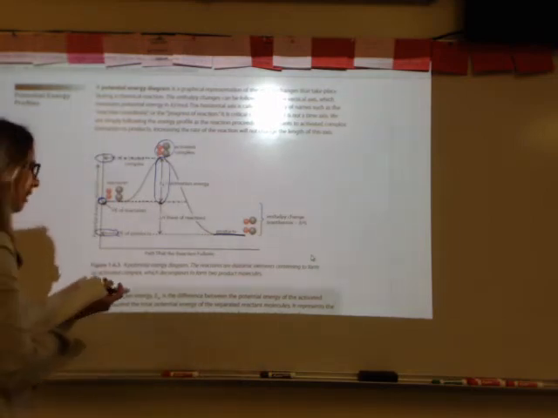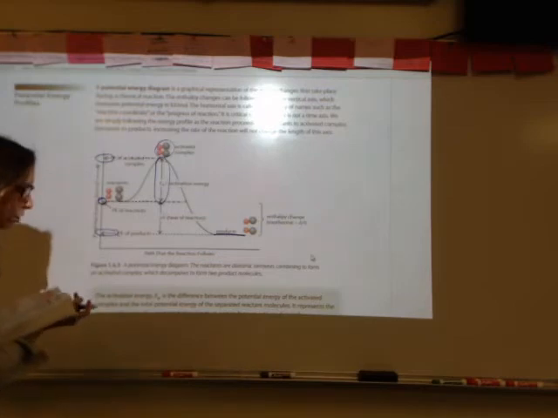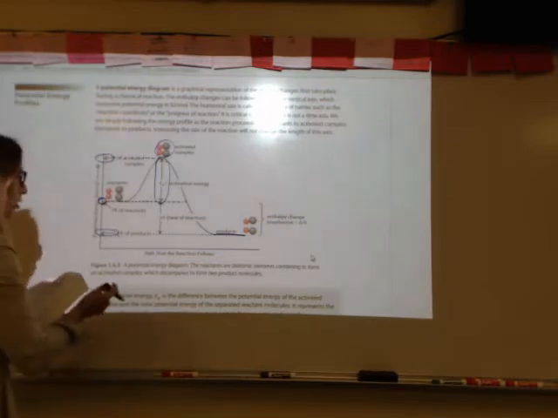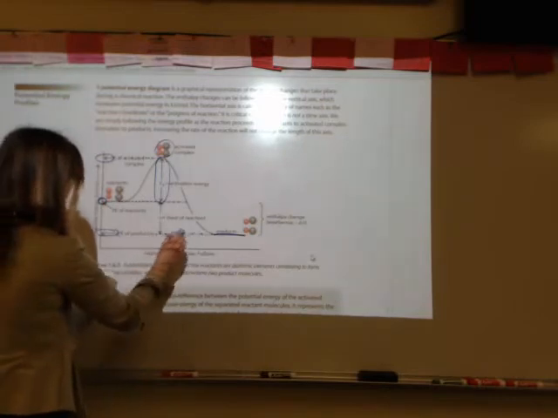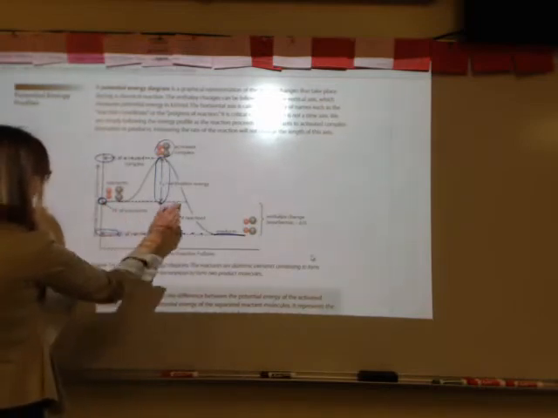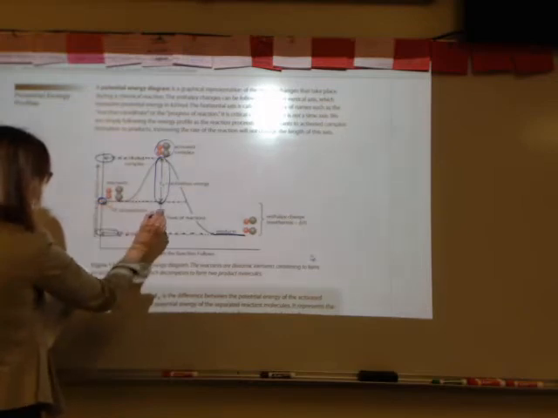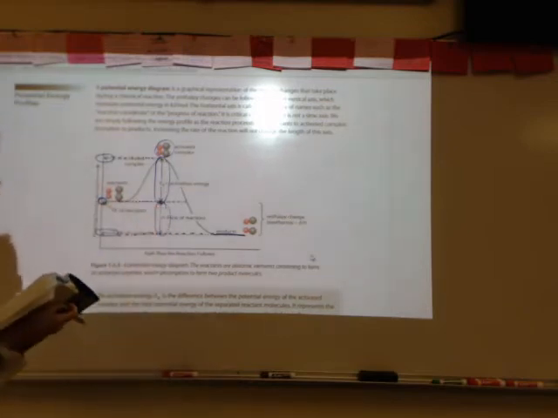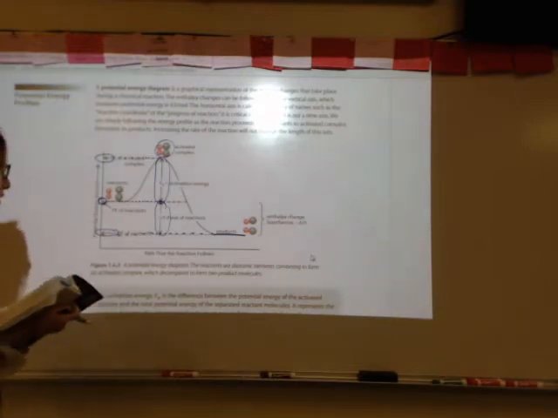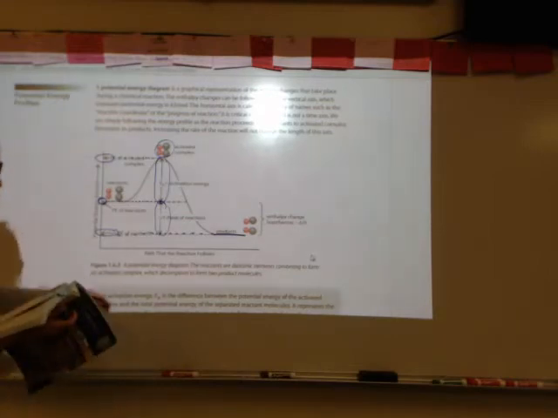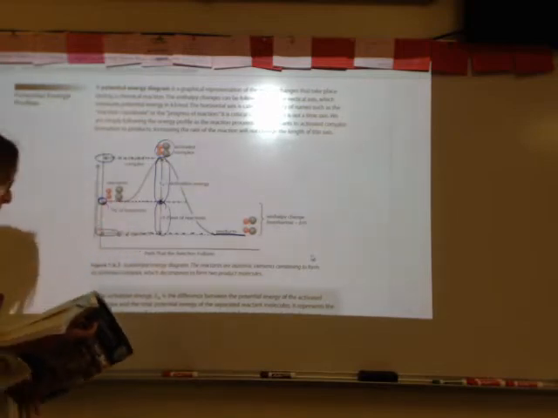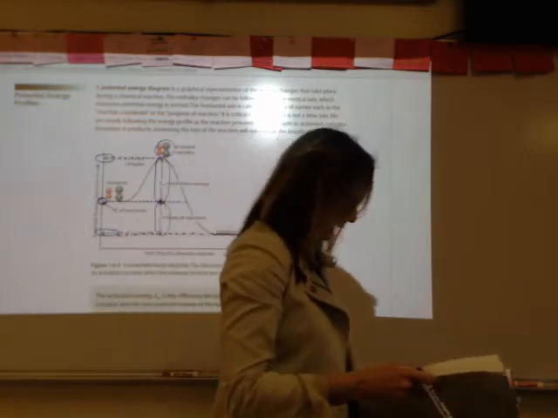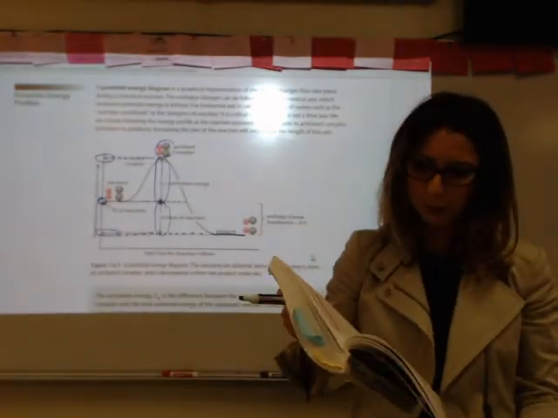If I want to calculate the delta H, or the heat of reaction, or the enthalpy change, you have to take the potential energy of the products, which is from this point down here, minus the potential energy of the reactants. So this region here is where you would get the delta H. Now, if it's an exothermic process, your delta H will be negative when you subtract the potential energy of the products and the potential energy of the reactants, okay? If you take a look at the next page,